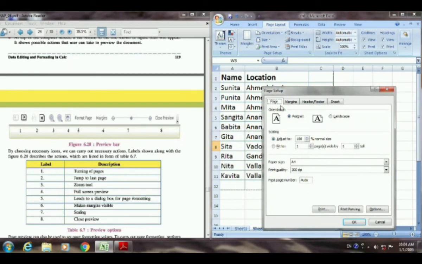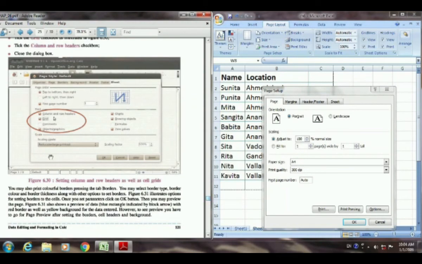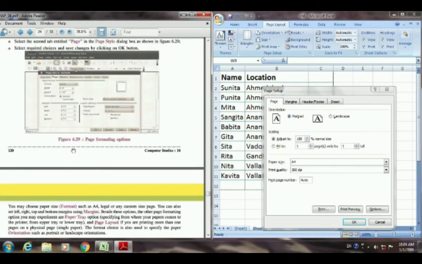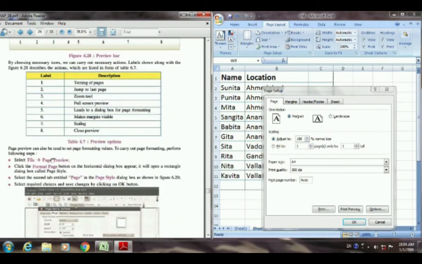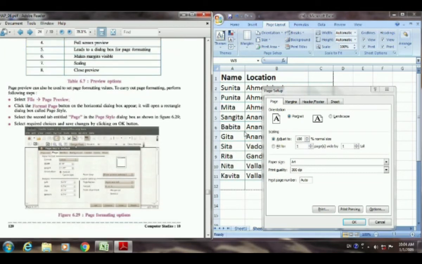Here in the page setup group we have the option, you can see here, file and page preview. Then the dialog box that will open is format page. From the format page you have to select the page option, and it will display the page style dialog box. So the page style dialog box is there, and here we have the page setup.